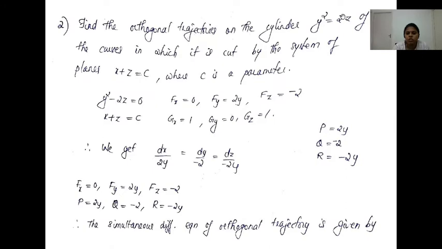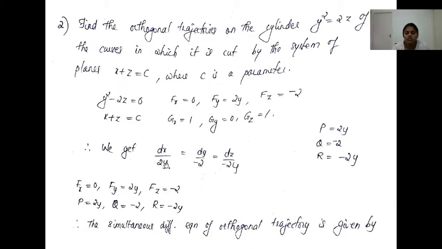Now find out the normal to this surface and to the one parameter family. So you will get fx, fy, fz, and similarly compute gx, gy, gz. Now once you have these values, you can solve for dx, dy, dz. That will give the simultaneous differential equation for the given system of curves. So take the cross product of these, or we have already seen what's the formula for finding PQR.